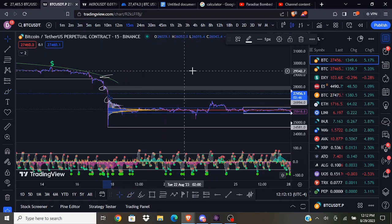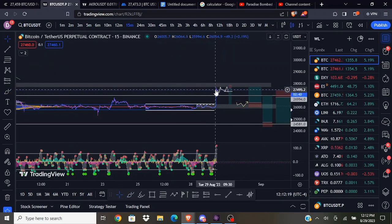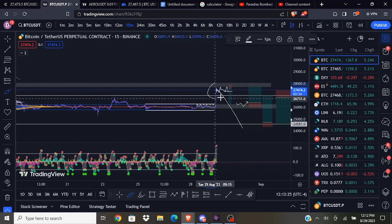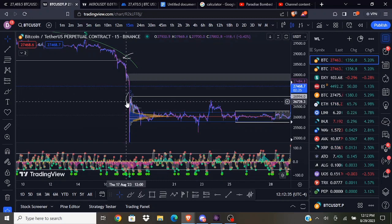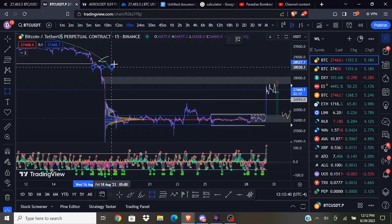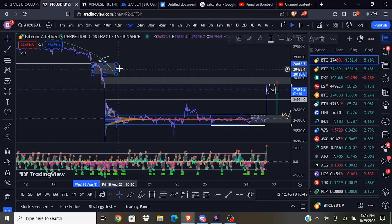This is actually why I'm glad that we came up to put in a more clear high here, potentially a lower high if we come back down to take out the low. That would be better, because this would be a much more clear lower high. But yeah, that being said, we are at one of the last areas of supply before we come up to break structure. I would also consider this little range an area of supply too. So I would be looking for a market structure break bearishly in any of these areas